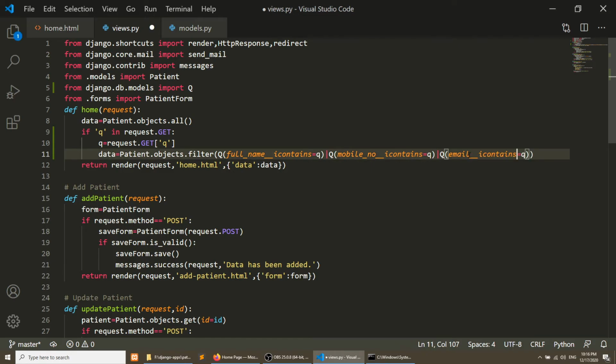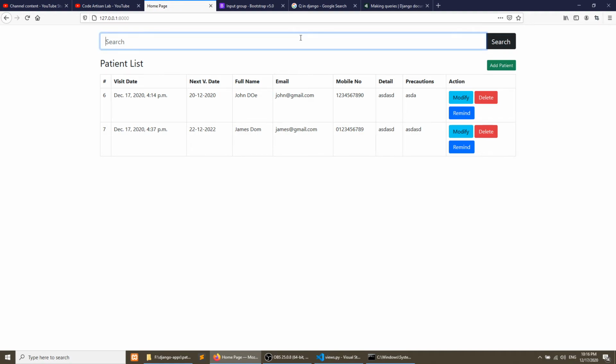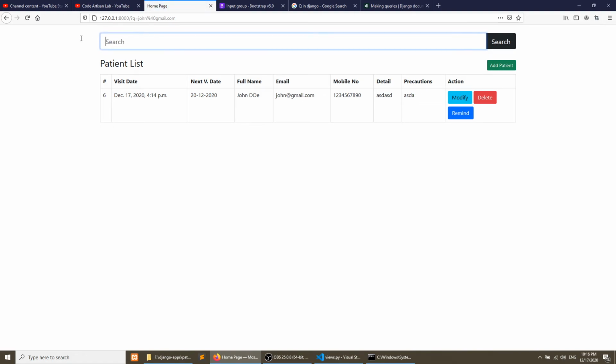So now let's see if it is working or not. We have 0 1 2 3 4. Let's say we have James. Let's say we want to search the email, so james at gmail.com. So it is searching James. john at gmail.com, so it searches John, and like 0 1 2 3, so it searches the mobile number.